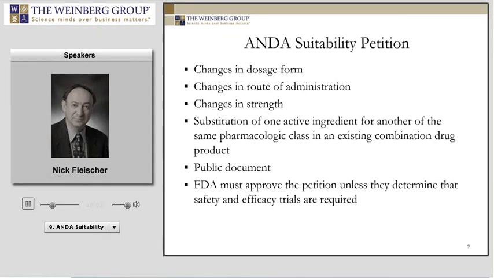If the petition response comes back that clinical trials are needed, well, it certainly gives you the answer on what the 505(b)(2) NDA pathway should be. And in retrospect also, it would tell you that for a 505(b)(2) NDA, bioequivalence would not be adequate to support that application.